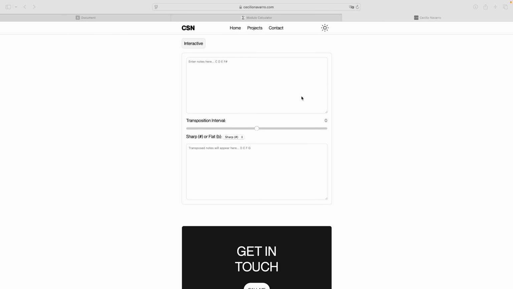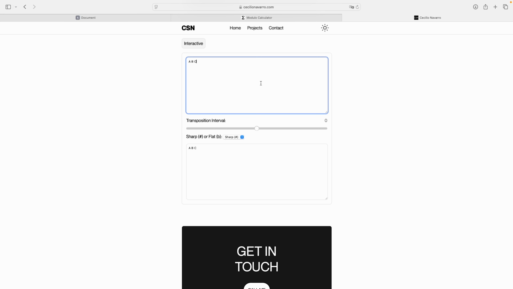Hello everybody, so I'm going to be showing you how to make this tool which I made here, and what this does, it transposes notes from one key to the next. So if we take A, B, C and we want to raise it up by a half step, then it'll give us A sharp, C, and C sharp. So this should work for all 12 keys, and we can also do it in the negative direction, which it'll